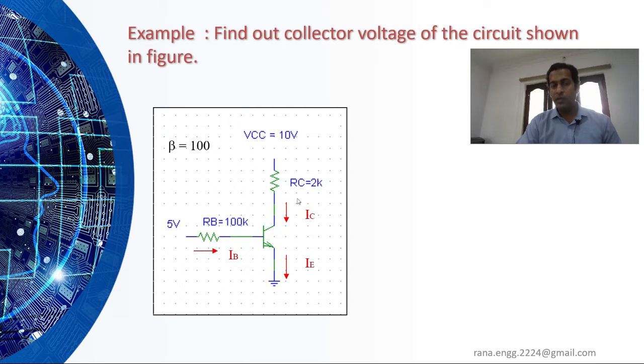For that we need to find the current present here, IC, right? So we can use the available relation between alpha and beta and we can apply KVL and solve this. For solving this, let us consider the base emitter voltage loop. There is the base and this is the emitter. In this loop, our system starts at 5 volt and it goes to the ground. So from 5 volt, we are going to RB. So what is the voltage across this? So 5 volt is equal to the voltage across this. This 5 volt is dividing and we have to reach the ground.